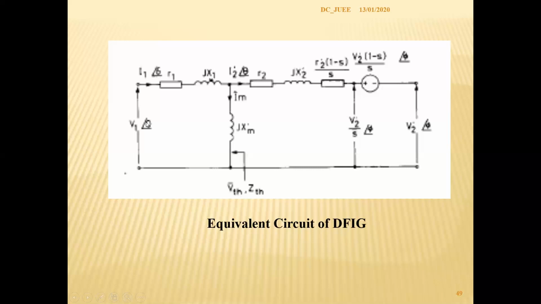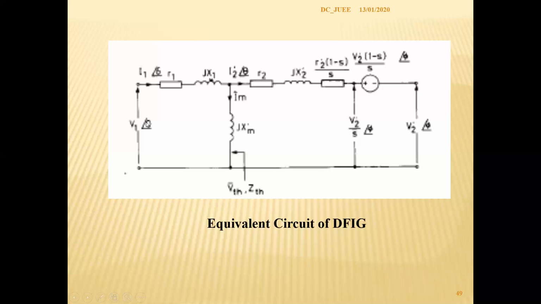So that means at super synchronous speed, power can be delivered from both the rotor side and the stator side, right? This is the beauty of the system. It can operate at a slip of minus 30% to plus 30%. Minus 30% of say 1500 RPM is 450 RPM above, that means 1950 RPM. And plus 30% slip means 450 RPM lower, that means 1050 RPM.